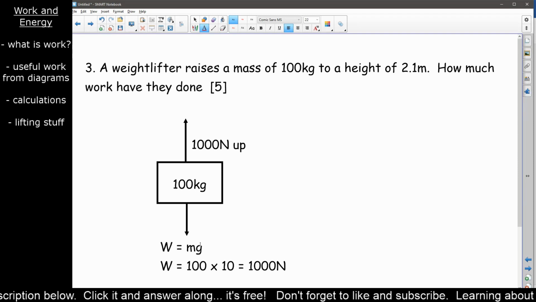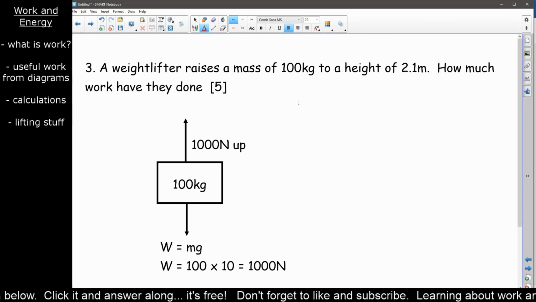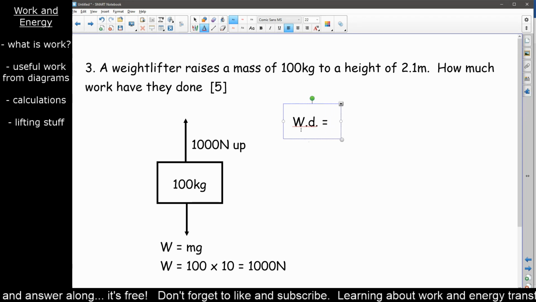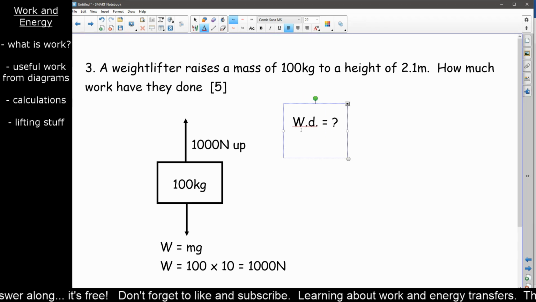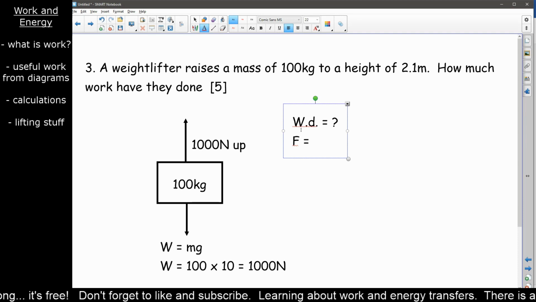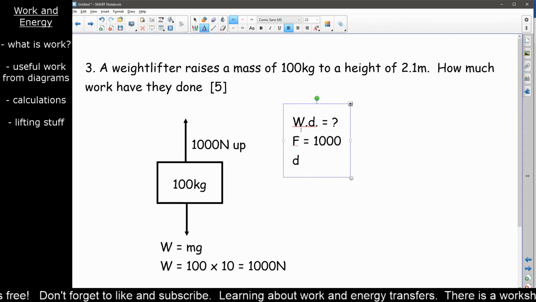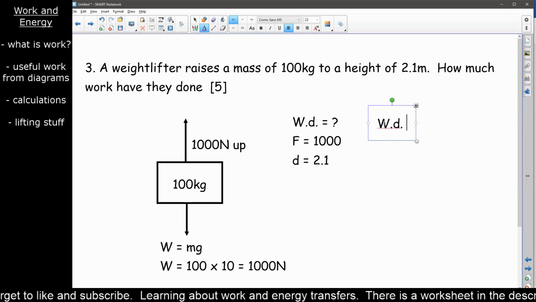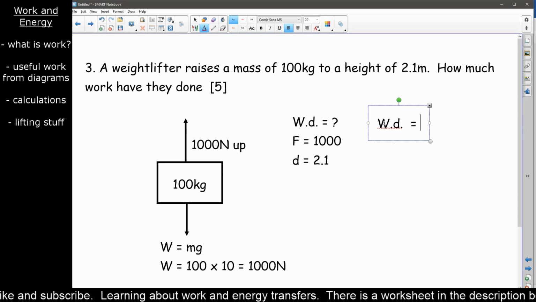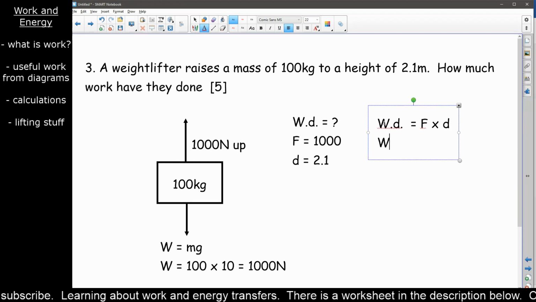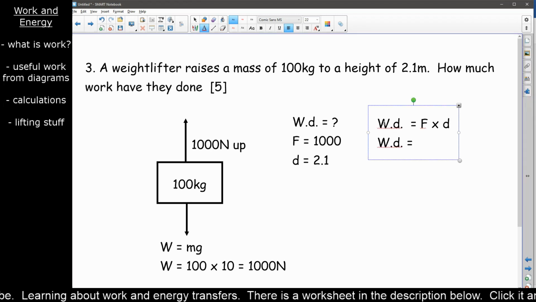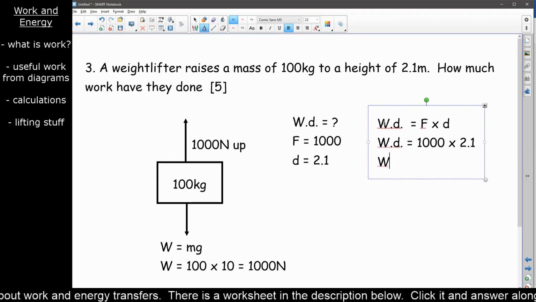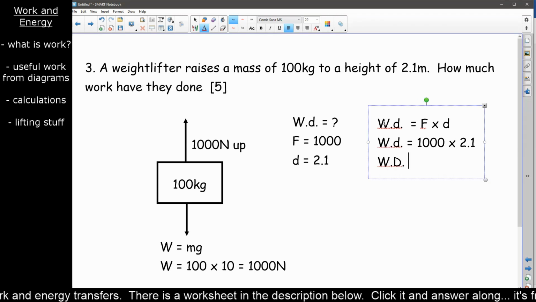That gets you 2 marks to that point, 1 mark for W equals mg, 1 mark for the 1,000. So we've got work done now is unknown. That's what we're trying to find. The force is equal to 1,000 and the distance is equal to 2.1. And again, just like before, work done equals force times distance moved, so F times D. Now our work done is equal to 1,000 times 2.1. That means that my work done